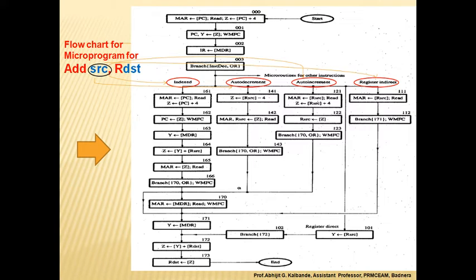This is a complete flowchart of a microprogram for a particular instruction. Here you can observe that the microroutines for the other instructions are to be used along with the different addressing modes, and at the end of each part, whichever mode you use, this combined program will be in the same place, aimed at the same destination.